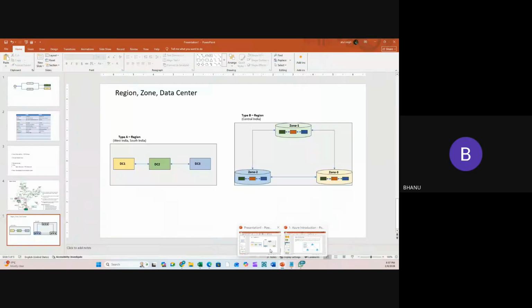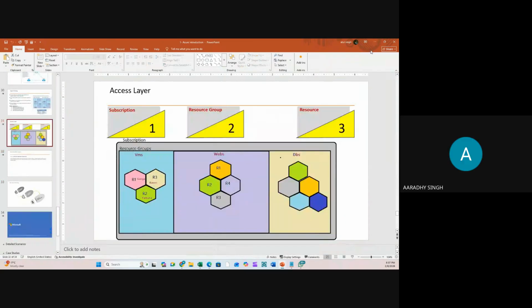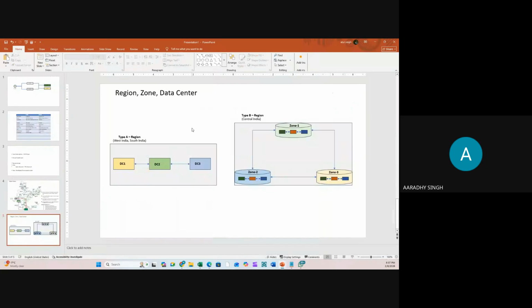Sir, I have a question. Yeah, please. If one region fails, then what will happen? Very nice, this question is from Anu. If any issue occurs in one of the regions, you will get the services from the secondary region or backup region, depending on your architecture. If you have designed your solution in such a way that if the primary is down, then recovery of data would be possible or operations will start automatically from the second region. Technically it is possible, but you have to design your solution during the implementation.